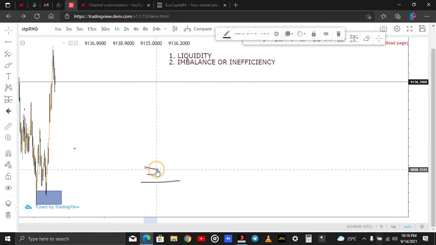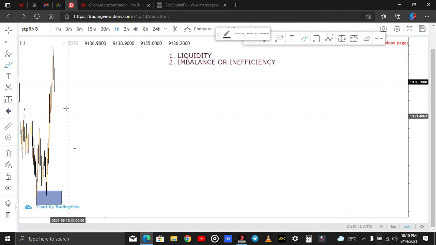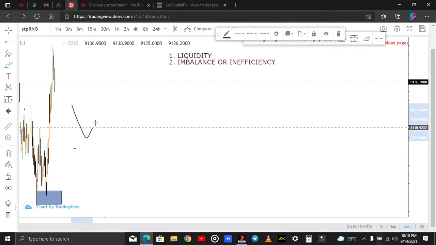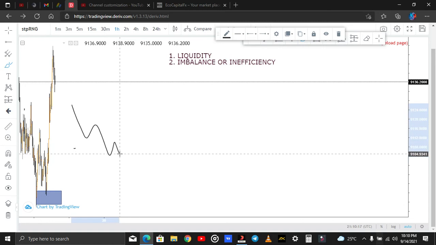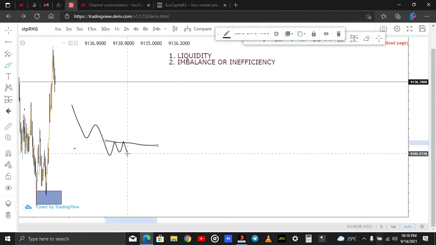Now let me show you for a sell trade. For a sell setup, let me show you. Price could be selling this way. Here there's an engineered high, equal highs and lows. Sometimes price just comes and taps it the third time.